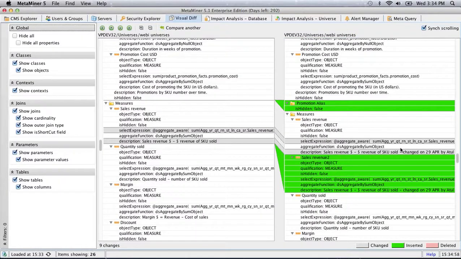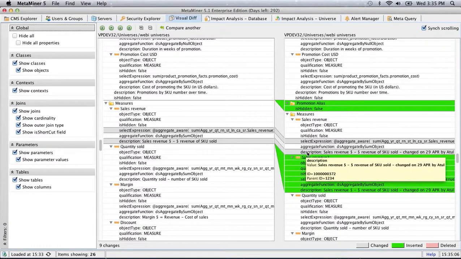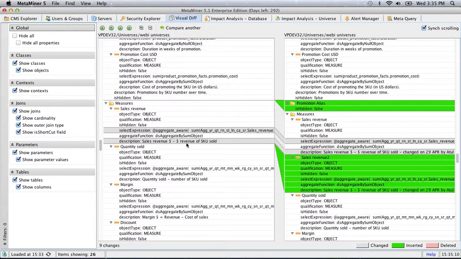again, changes in description. Here we have a description that says sales revenue, revenue of SKU sold. And here we have another description with a slightly different text. When we have the same content, except there's a change in the actual content, for example a description change, it is signified by an update entry. And this, in the green, is a completely new node in the universe